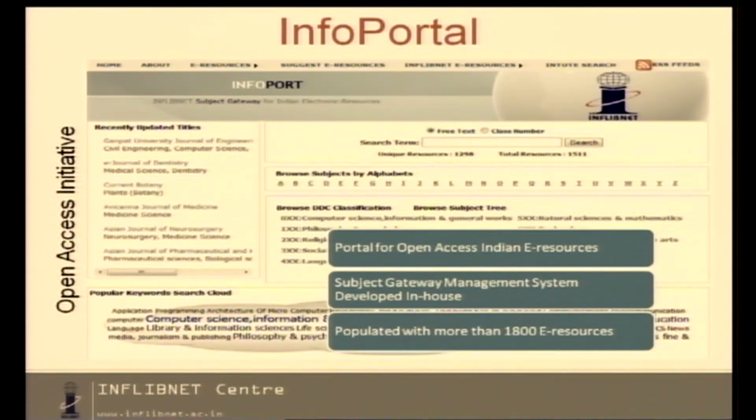Infoport is a portal that basically provides links to electronic resources born in India and available in India. We have divided the repository into 10 major subject headings according to UGC, and you can look for resources. We also have an interface where people can contribute their links. They can submit links they think are important to the student community, and we publish them on the Infoport platform.